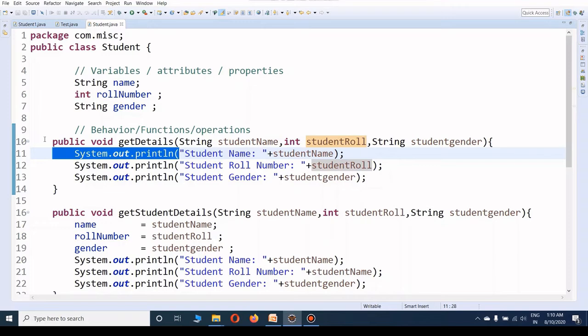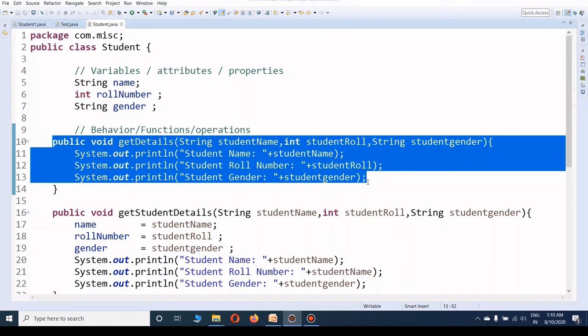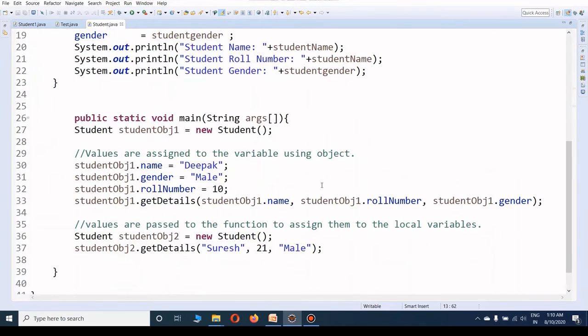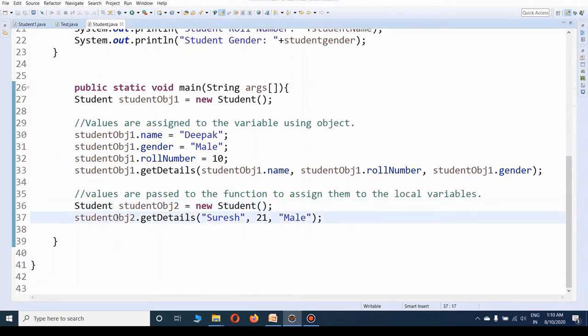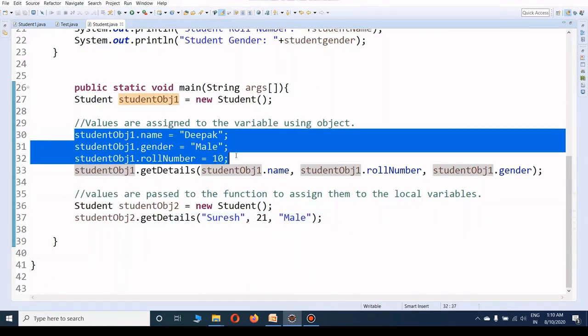So we can directly pass the values by assigning them with the help of the object. The second method is we just create the object and we directly pass the values in the function. We don't assign them with the help of the object, like object 1.